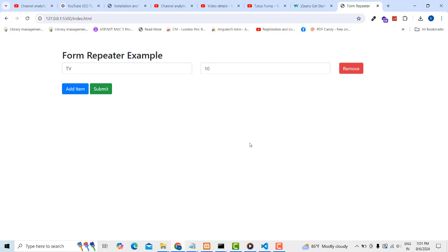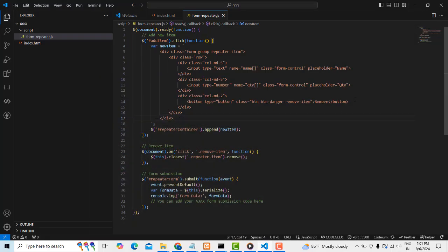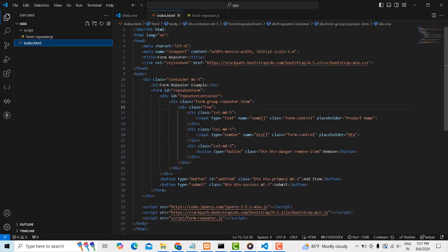So how to do this program? Very simple. I will show the source code, simple source code. I will be attaching it in the video description. You will be able to download it. So here what I'm going to do is first get the